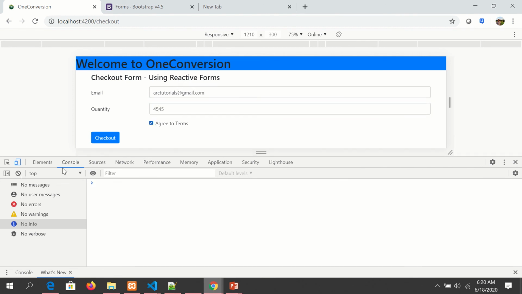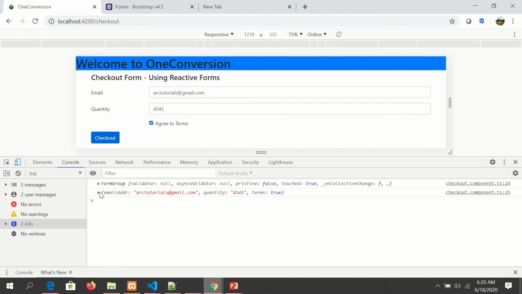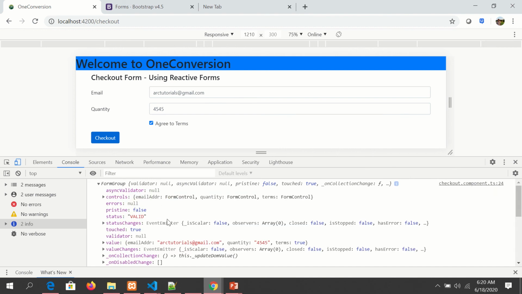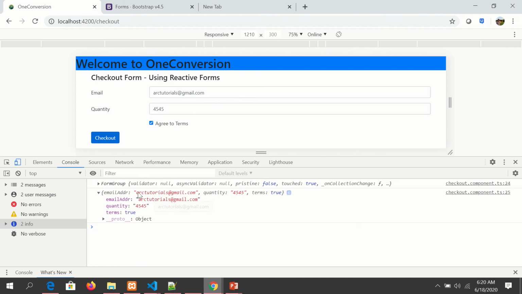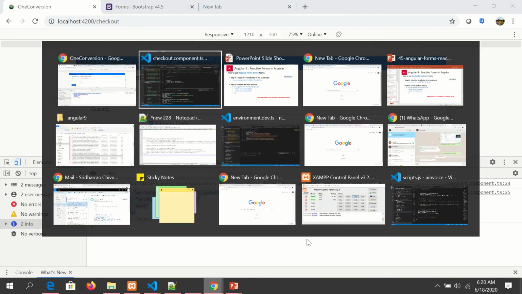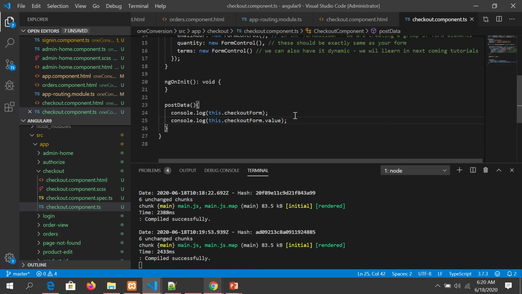Now we click checkout. It is giving me all the form values. These are all the values which the user entered, right? Now, if I want a certain detail, I don't want to print the entire form value. I just want to print the value of